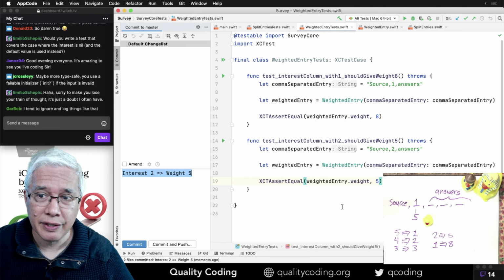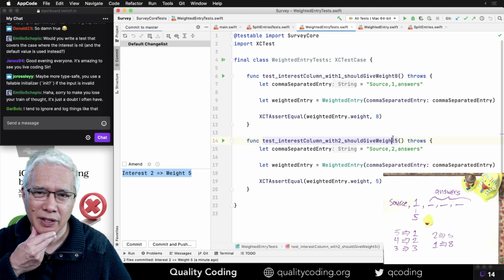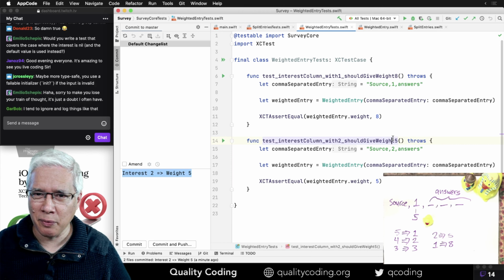For this, give me 8. This is my ongoing complaint with XCTest: parameterized tests in unit testing frameworks are over 10 years old, maybe older still. And I wish we could have the nice things.